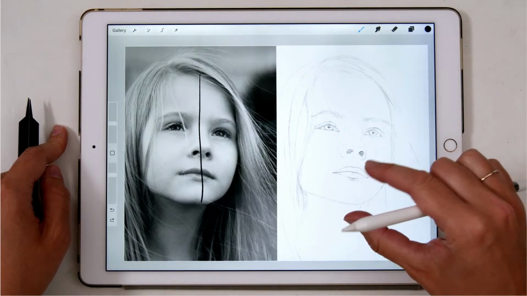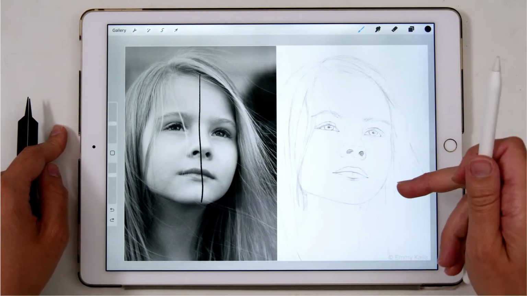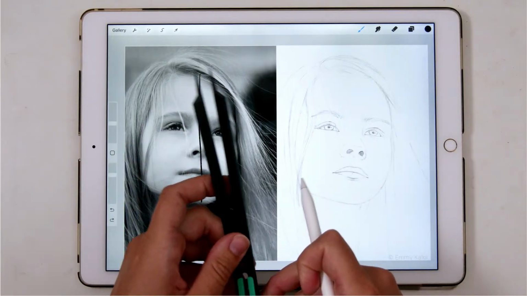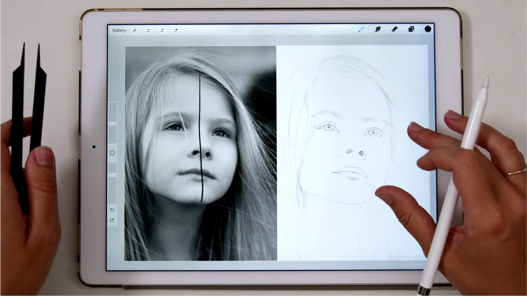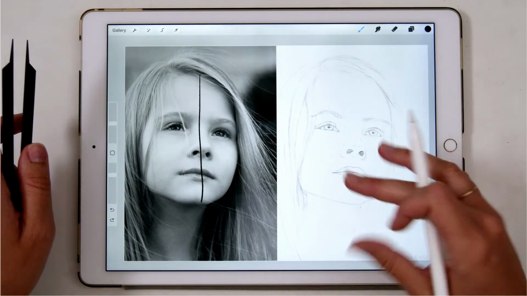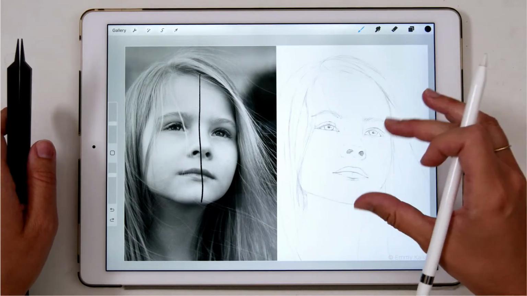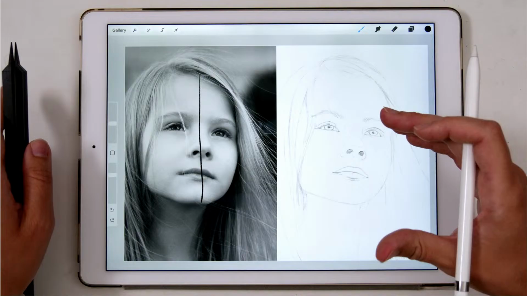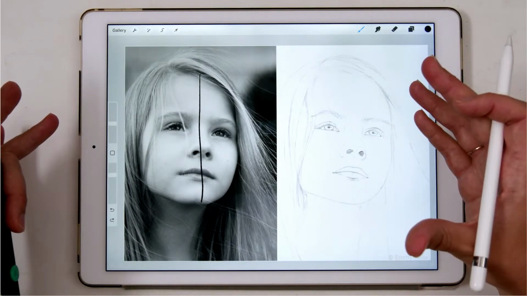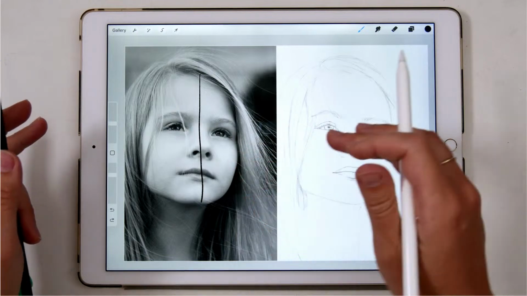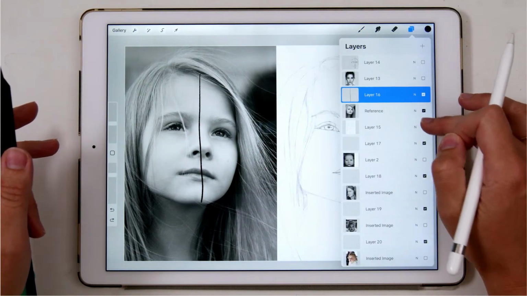And after drawing each sketch, you will get better and better at eyeballing and measuring. And with each drawing, you will learn something new and you will get better that way. So that's how you will improve, just by making mistakes, just by measuring, just by training your eye to look for shapes, look for angles. And with every